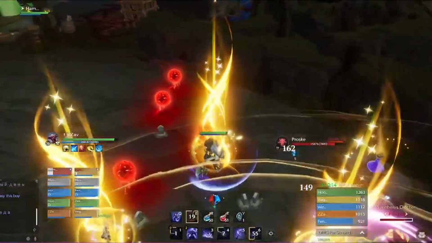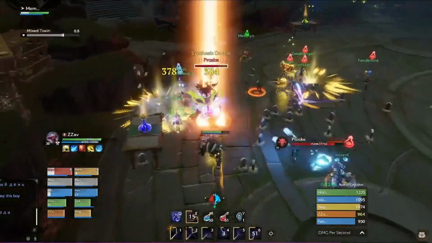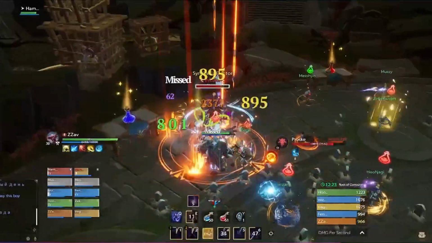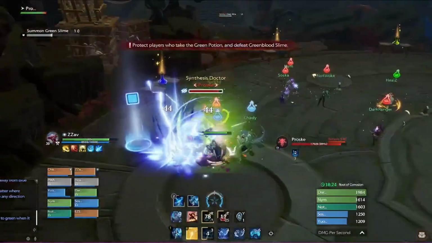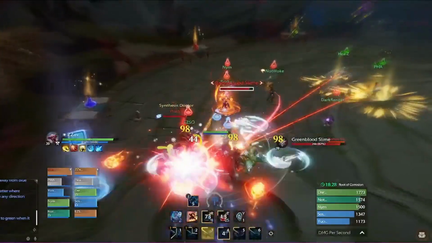Failure to absorb the red orbs in time will result in the orbs self-destructing and dealing raid-wide damage to all players. If a player who does not have a red vial above their head absorbs a red orb, it will instantly kill them. Following the red orbs, the boss will summon 2 green slimes that will pursue your healers who